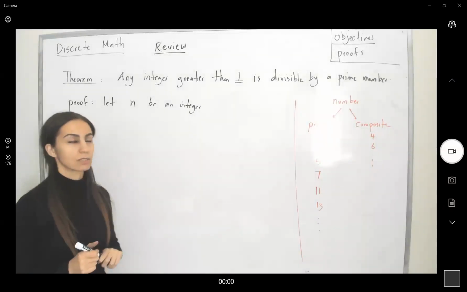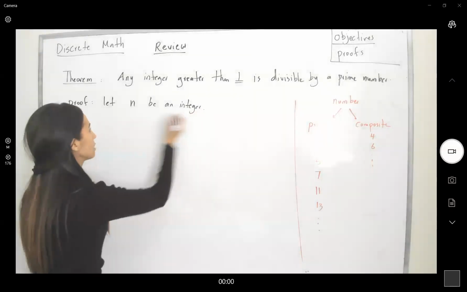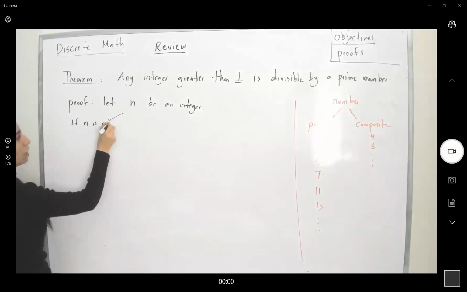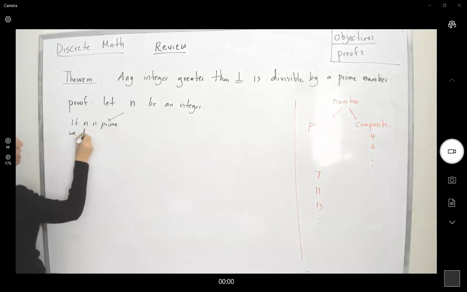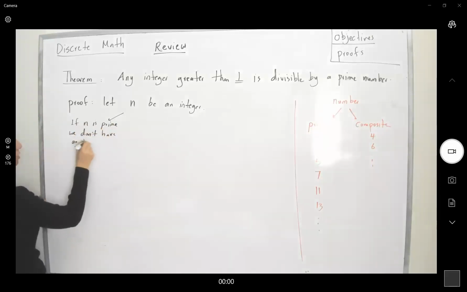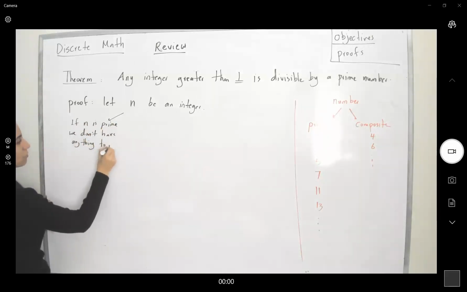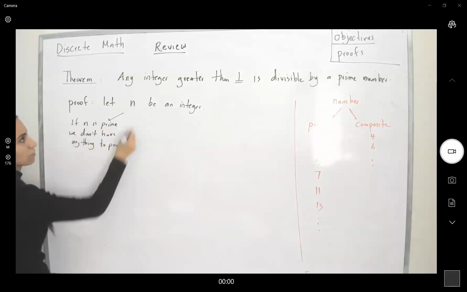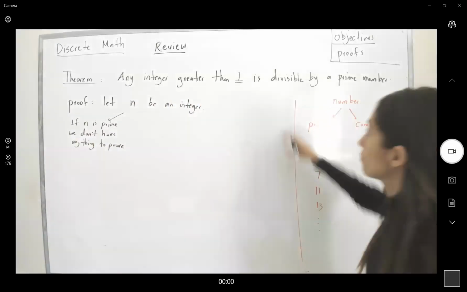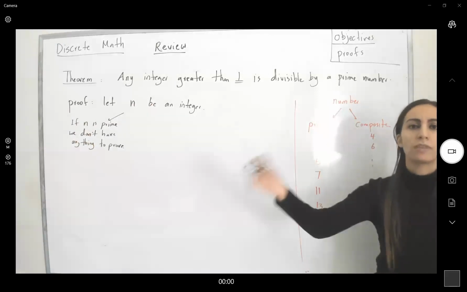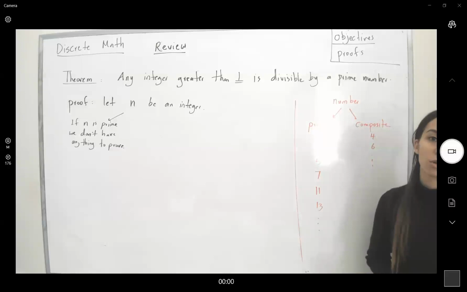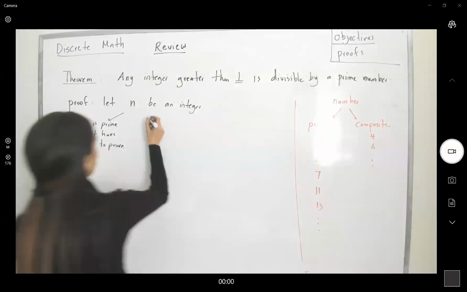You have two options. The first option is if n is prime, we don't have anything to prove. Why is that? We're trying to show that any integer greater than 1 is divisible by a prime number. If that integer that we randomly selected is prime, obviously it's divisible by itself. If not,